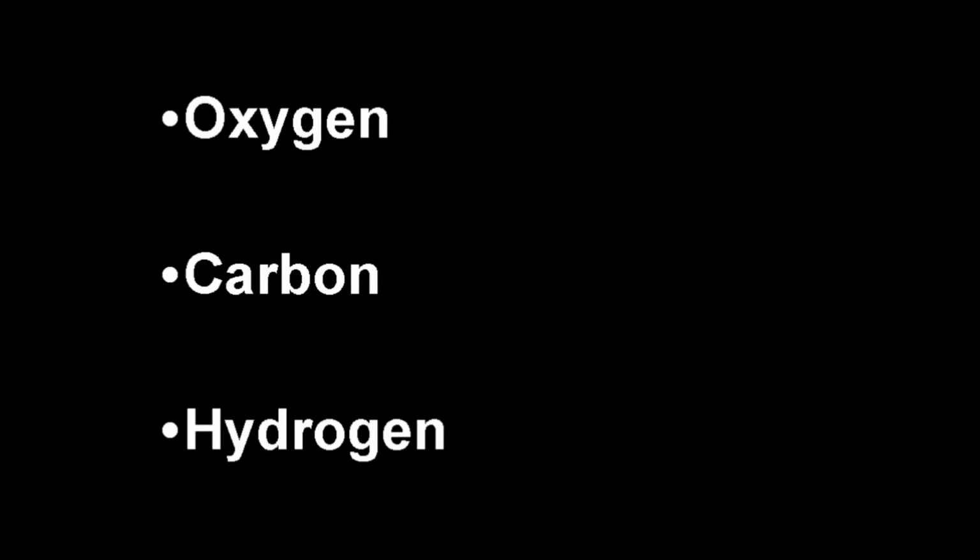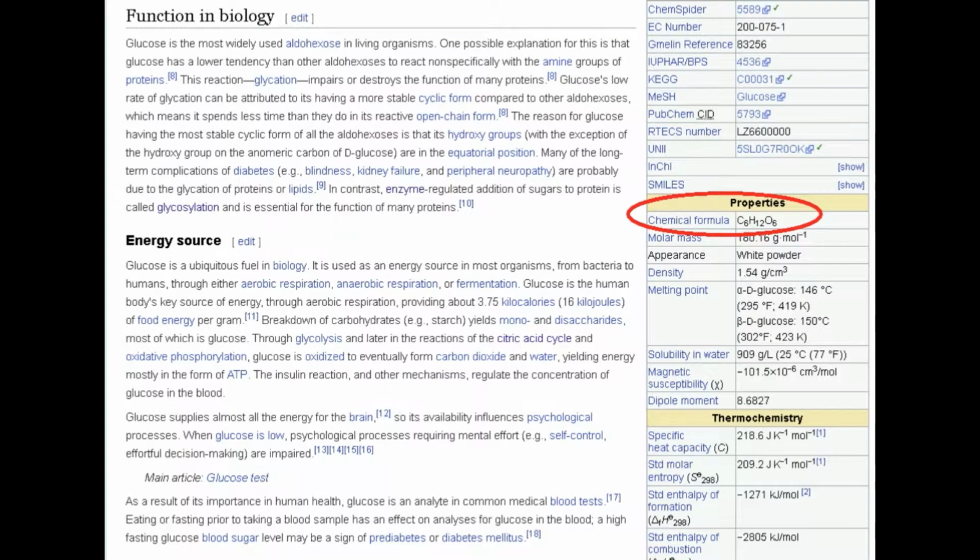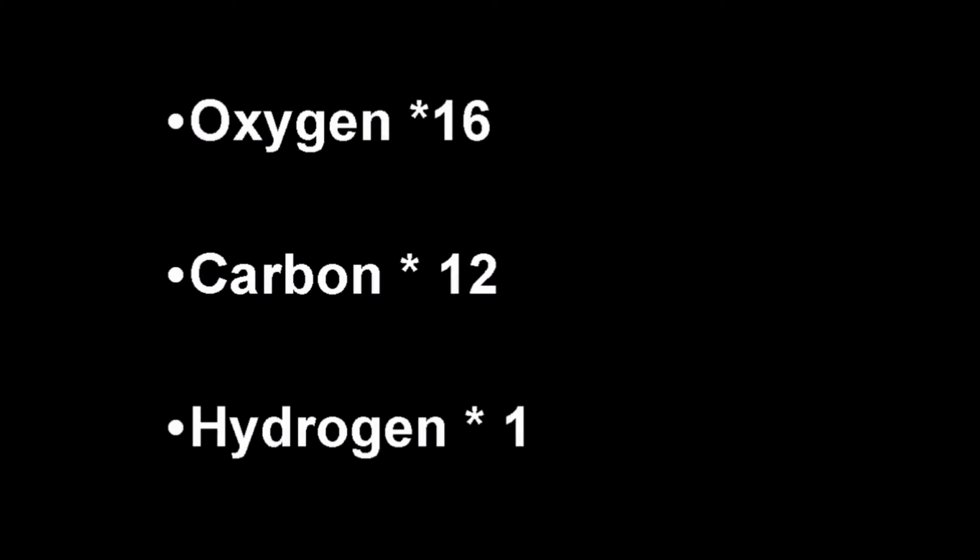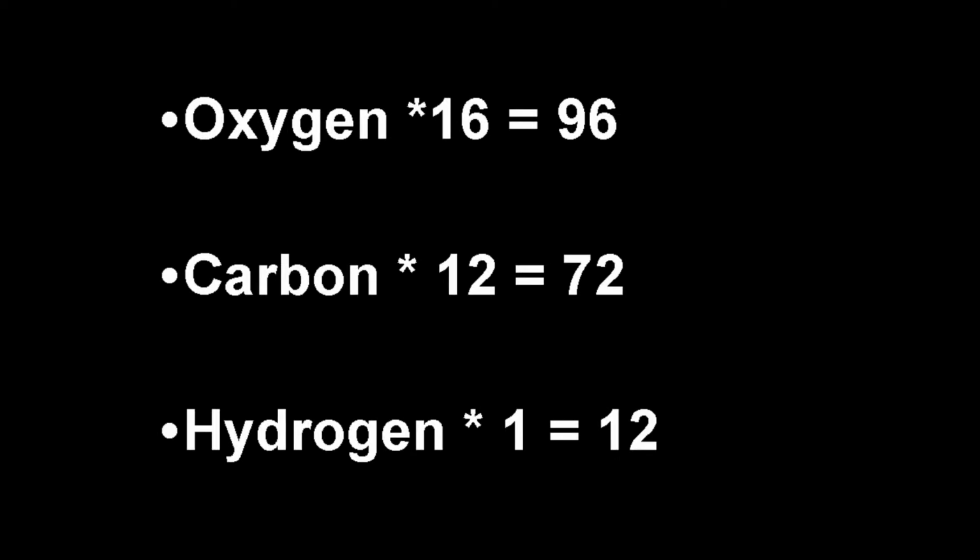Start by counting all the elements, in this example of glucose. Many common chemicals have these in lists and tables which are readily available. It has 6 carbon atoms, 12 hydrogen, and 6 oxygen atoms per unit. That means that 1 mole of glucose would be the combined weight of the total number of atoms that make